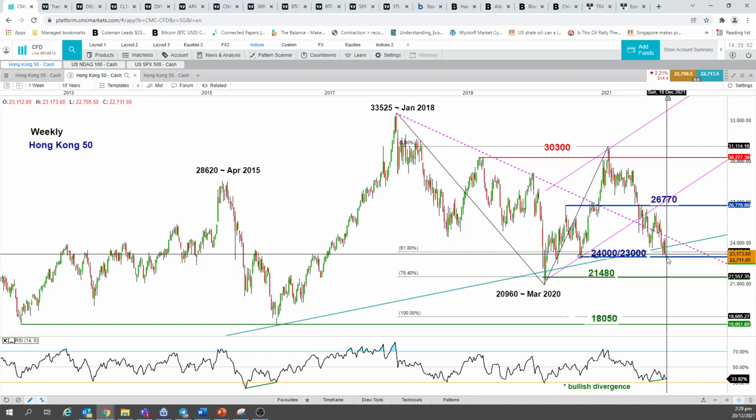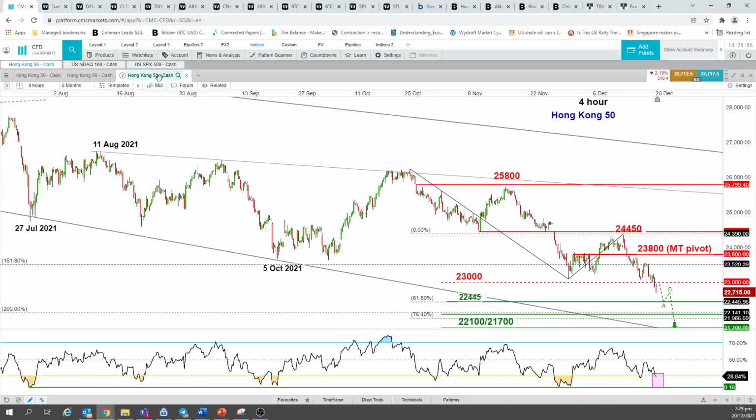But however, from a shorter term perspective for this week, we could actually validate a very short term down move to retest this support level. Okay, so before I talk about the support level again, let's bear in mind what is the resistance level to watch to maintain this potential short-term down move for this week. So the resistance level to watch, which is the medium-term pivotal support that I have for this week, will be at 23,800 level. So what is 23,800 level?